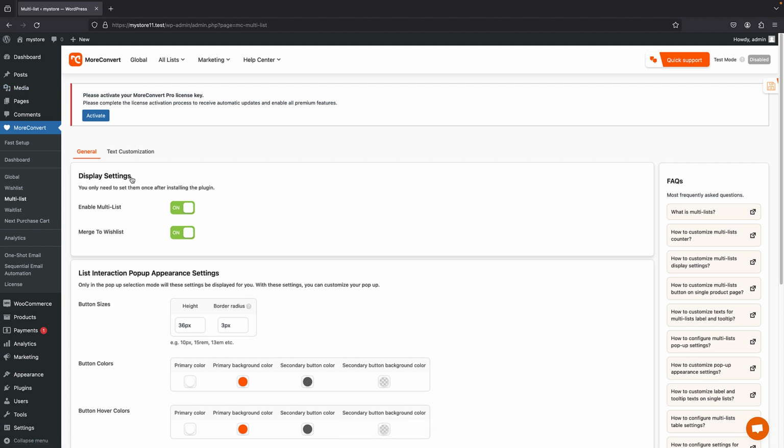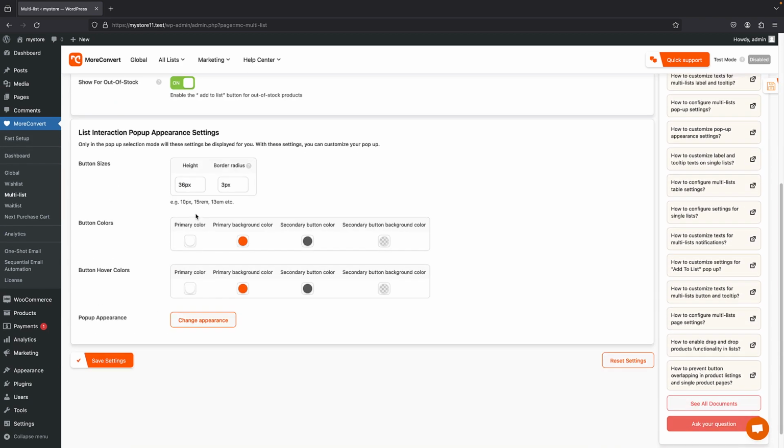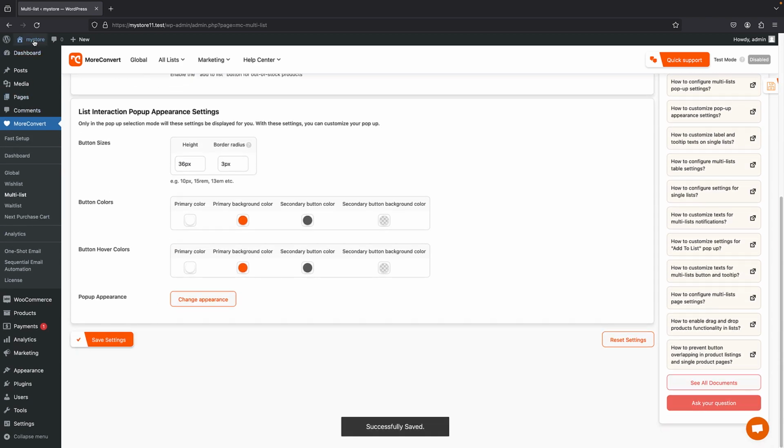If I just turn this on, by default it's set to merge the wish list. I'm just going to turn this off because this is a newer feature. I really love it, but I'm just going to first turn it off to show you the old way of doing it. So if I just turn this off and save changes